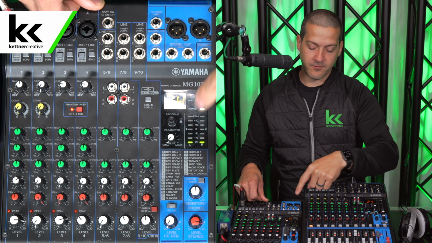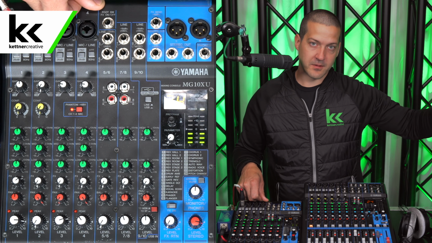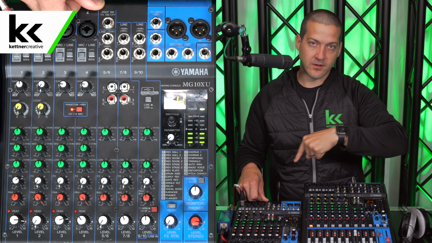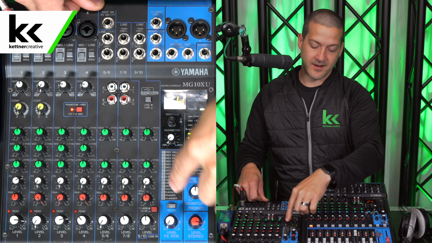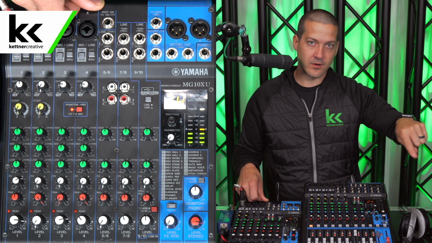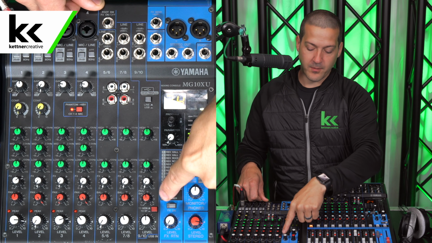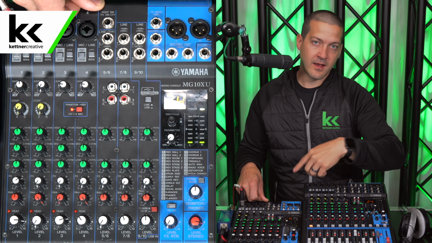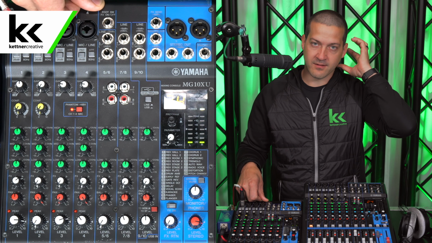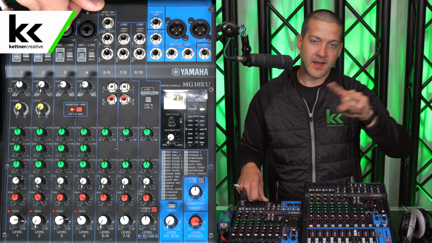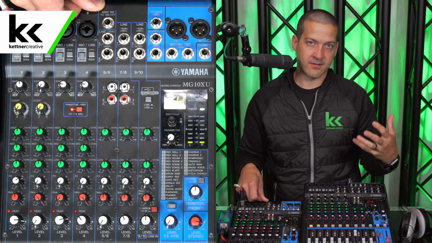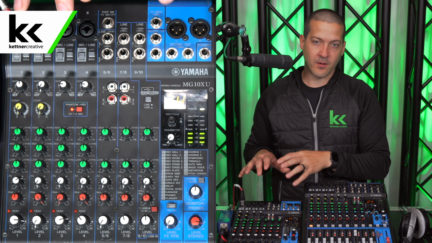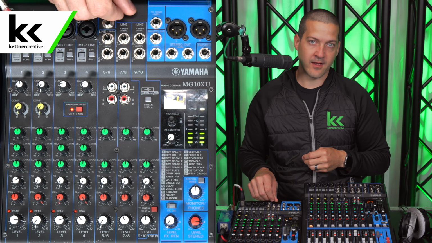You can imagine that if you're sending a signal to your computer, and then that computer is sending a USB signal back to your audio mixer, that you don't want to send it back to the stereo mix to go back to your computer, because that would create a feedback loop. So by toggling this button to monitor, then you can break that feedback loop. You can send that feed to your headphones, and it doesn't keep going round and round to the computer, which is only listening for the main stereo mix. So I hope that's helpful for the smaller audio mixers as well.